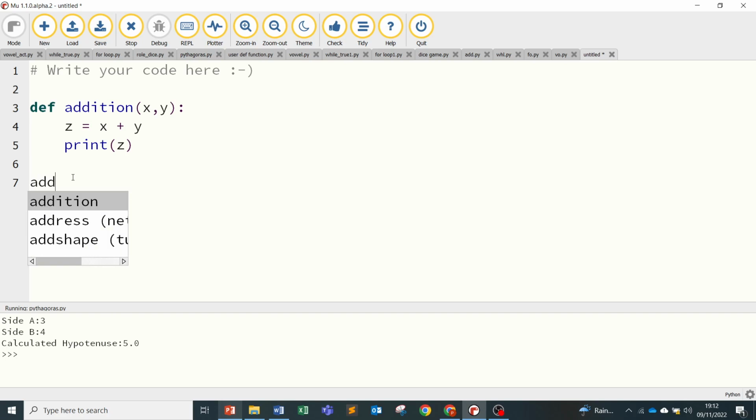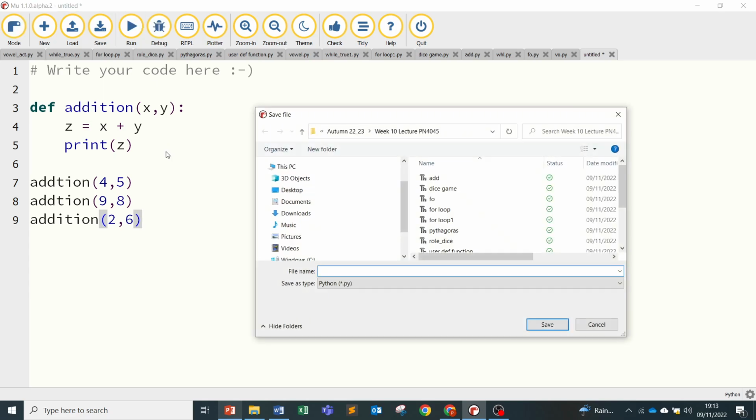So I'm going to call on that function, and I do that by saying addition, and I'm going to give 4, comma 5. So I'll give a value for x and y, and then I'm going to call on it again, and I'm going to say 9 and 8. And then I'm going to call on it again, and I'm going to say 2 and 6, 2 comma 6. Okay, so they're my values for that, right? So if I run that,